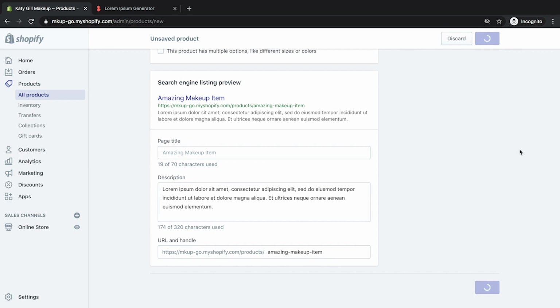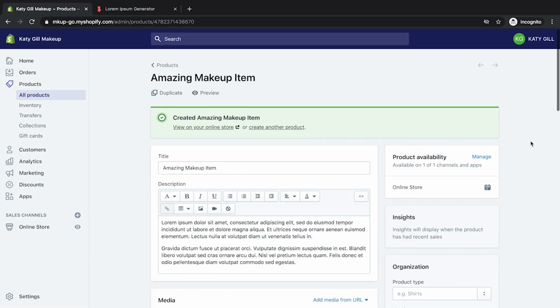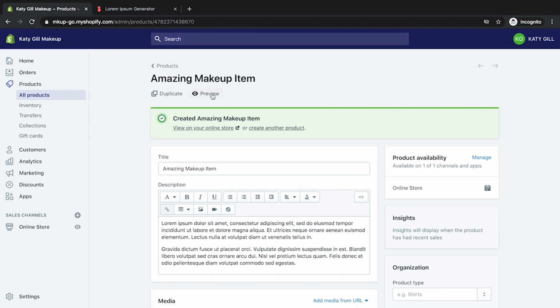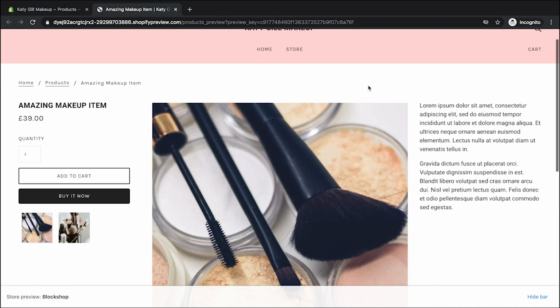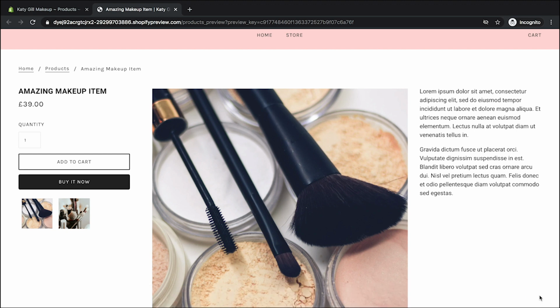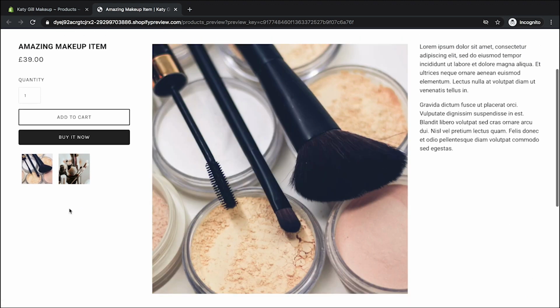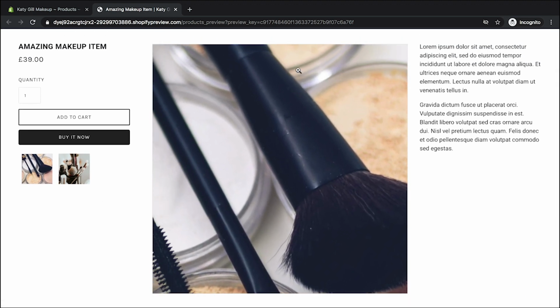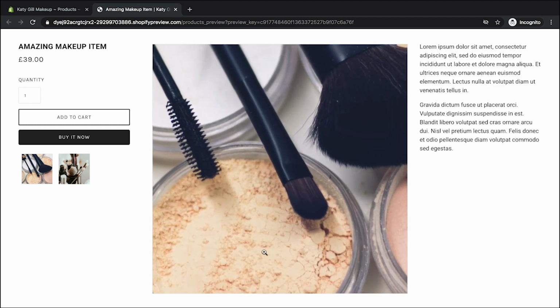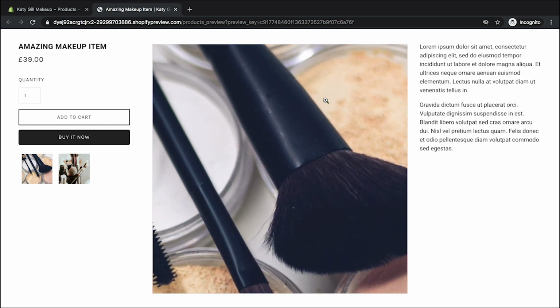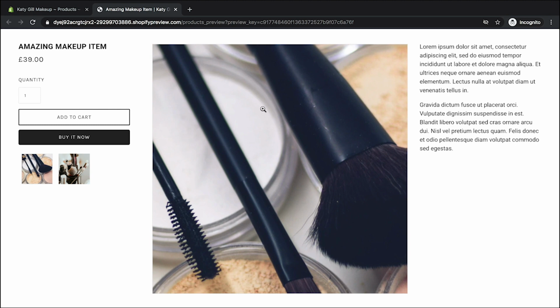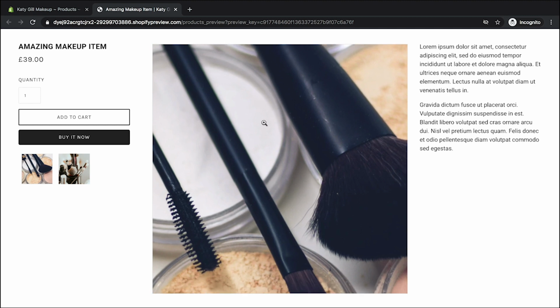Okay, let's save this. Just reloading the page, great. And now we can preview the page. Let's get rid of this. And we have our first item, excellent. So we'll hide this bar for now. Looks great, and as you can see, that 1200 width allows us to do this. Any bigger, and it would have kept the original size, which I think was nearly 3000 pixels wide, and that would have been too big. So that's why we reduced the size a little bit.